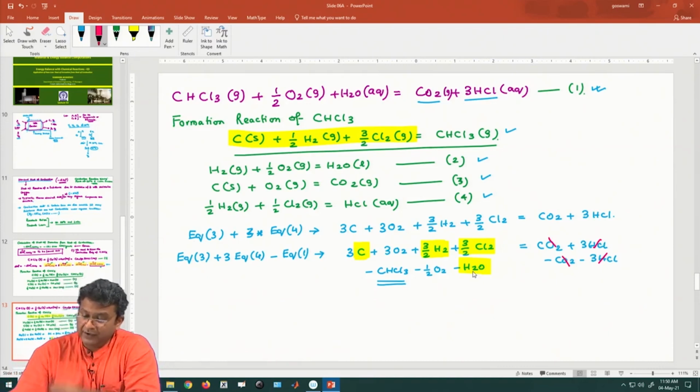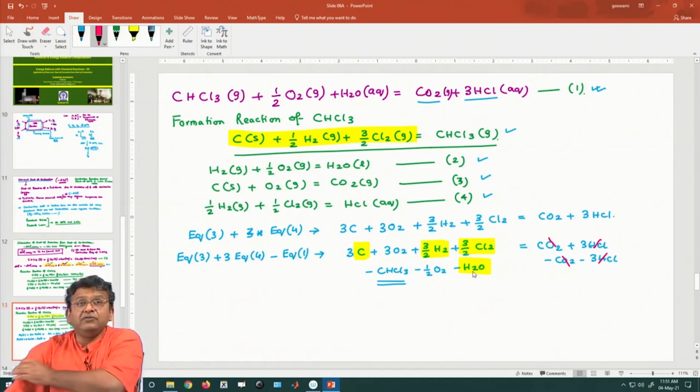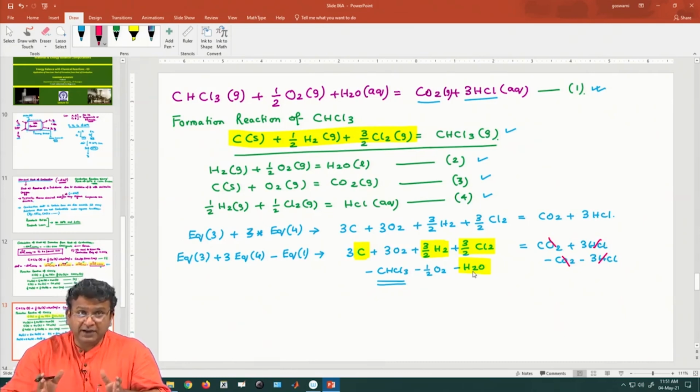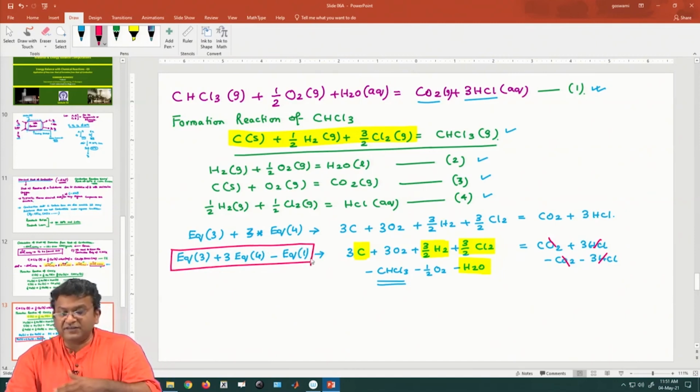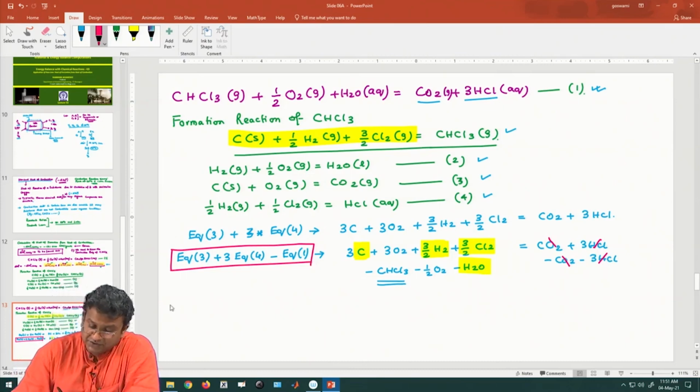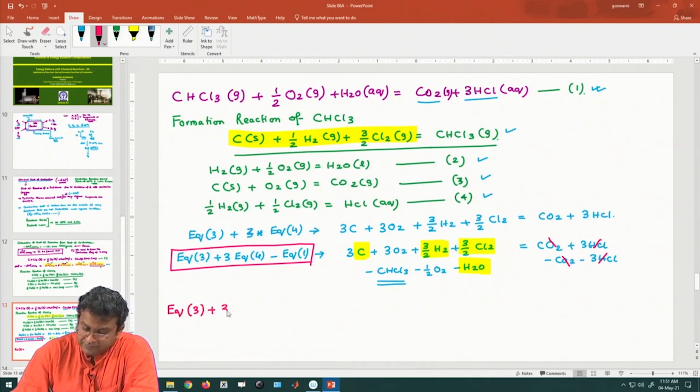So, how can we eliminate water? We can eliminate water if we add or subtract something to this composite equation, and this is what the composite equation is in its present form now. If we simply subtract the formation reaction of water from both sides. So, finally, we essentially subtract the formation reaction of water, and that leads to